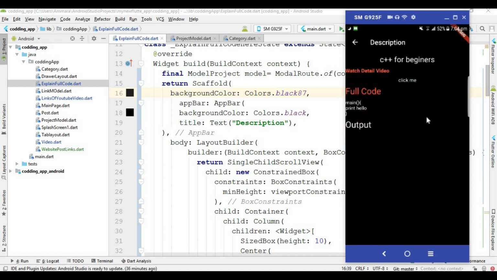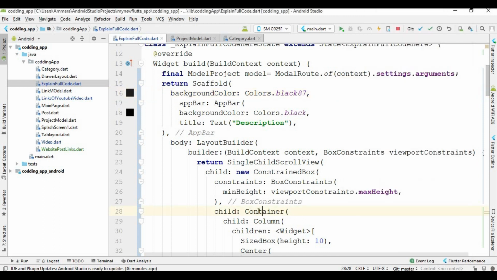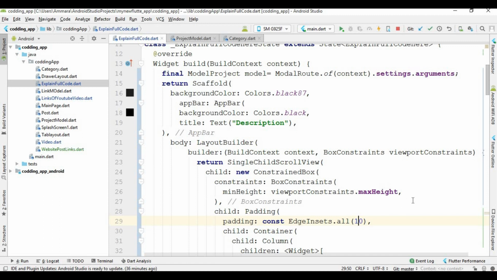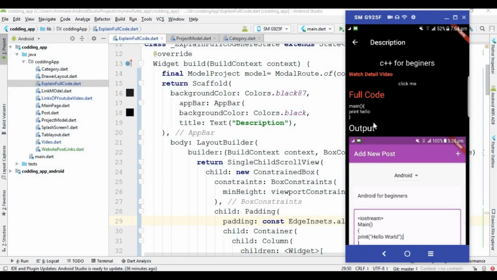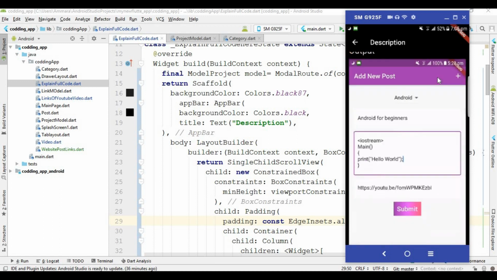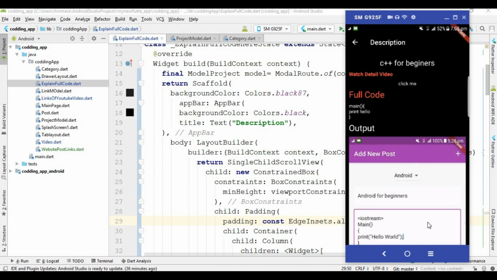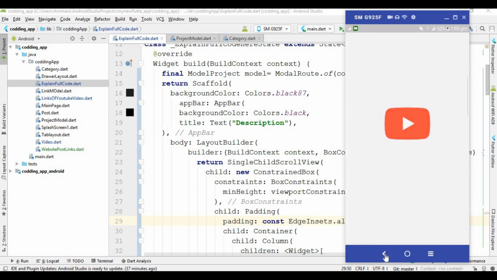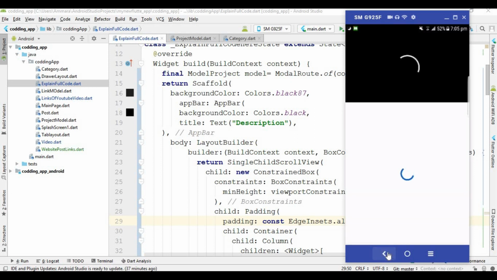And now you can see that this is the layout, and I did not give any padding here. So first give the padding to this container, and refresh the layout, and you can see that the layout is refreshed, and I uploaded this image, that's why you see this image. Now this is done, and when I click on this click me, you can see that YouTube is opened and opens the video.